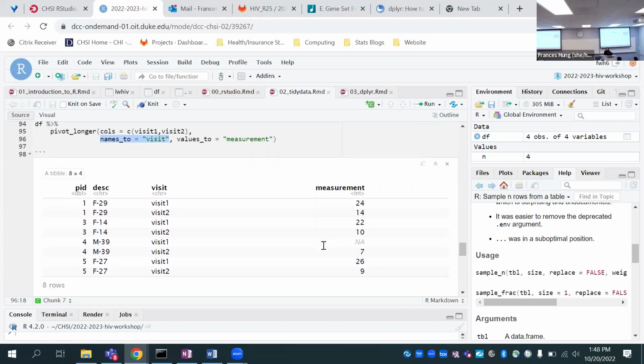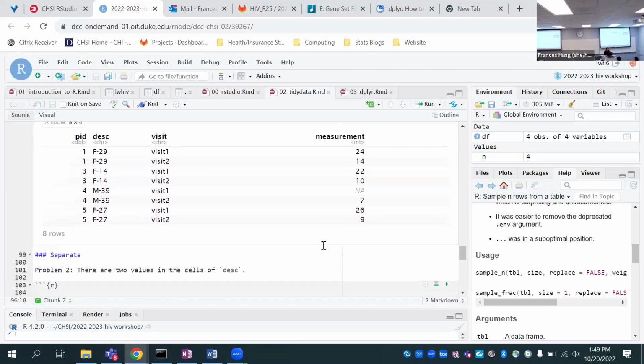Okay, so we've talked about pivoting longer. So now we have a measurement column and a visit column instead of visit 1 and visit 2. Another problem is that in this DESC column, we have 2 values that we're interested in.